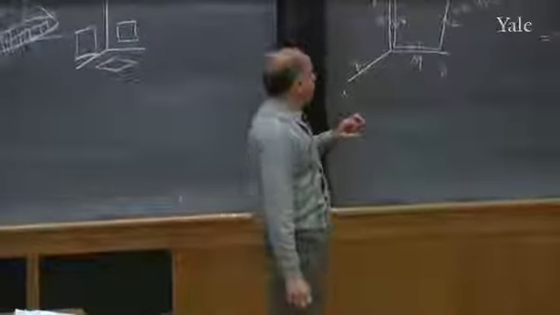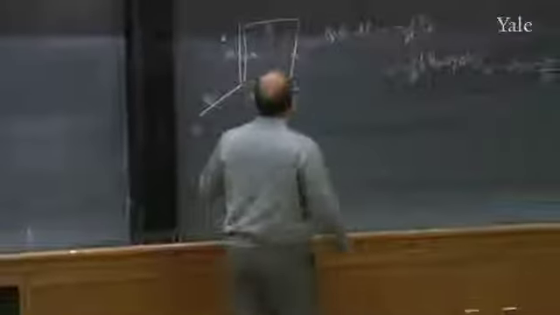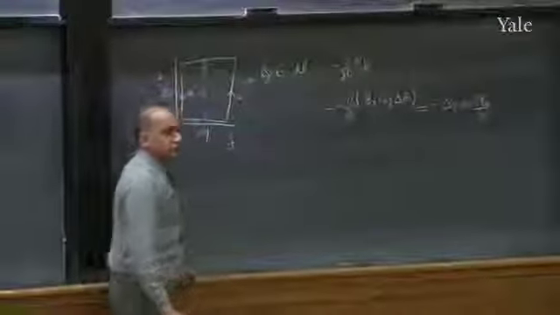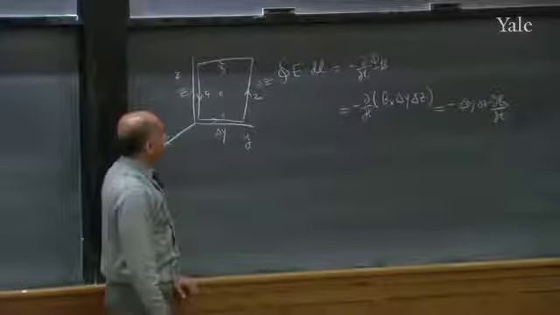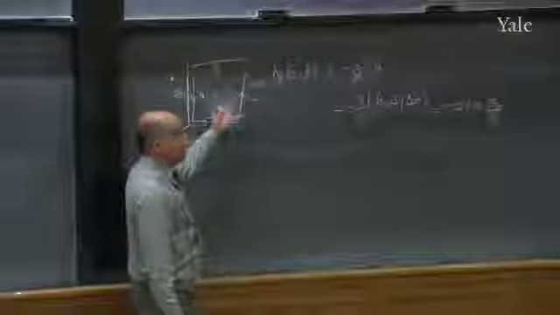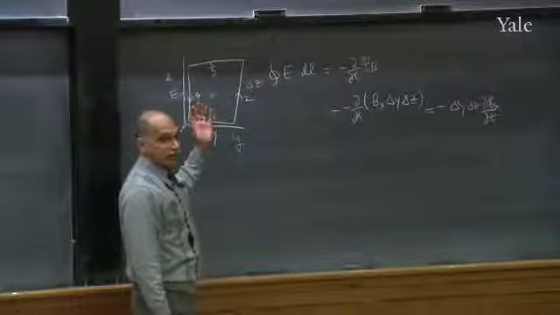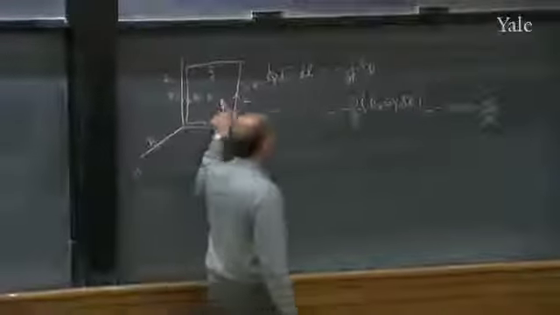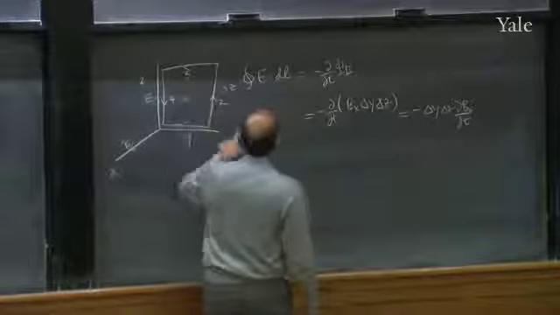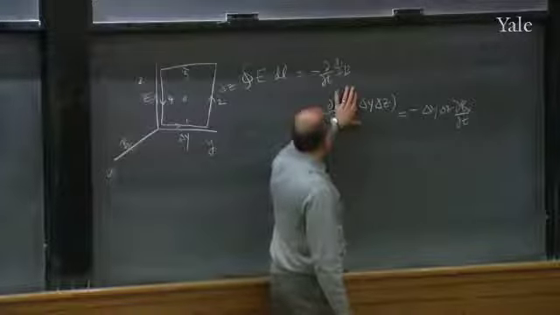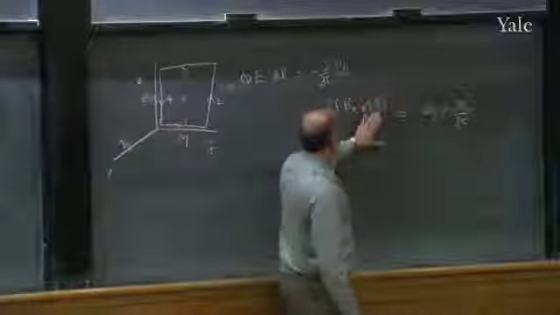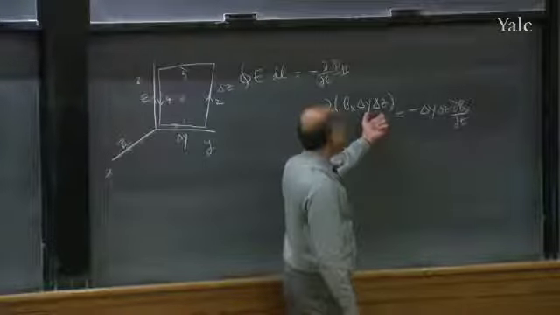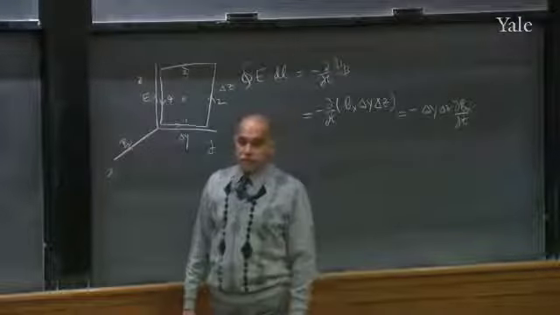This loop is so tiny, I am approximating B by the value at the center, if you like. You might say, look, I don't think B is constant on the loop. B is varying. Why do you take the value at the center? Well, if it varies, the variation is proportional to delta y or to delta z. Therefore, there will be a term proportional to delta y squared or delta z squared. But we are going to keep things to first order in delta y and delta z. So it doesn't matter.